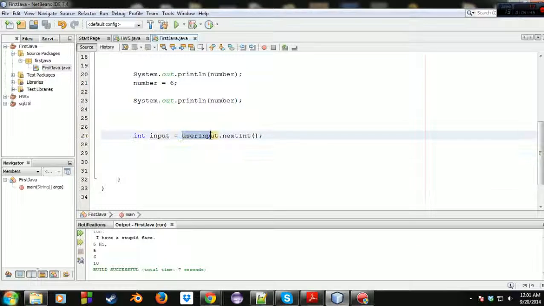Now I said return, but don't really worry too much about what that means. It'll make more sense later on. But just know that if we set this method to be called right here, after the equal sign for integer input,